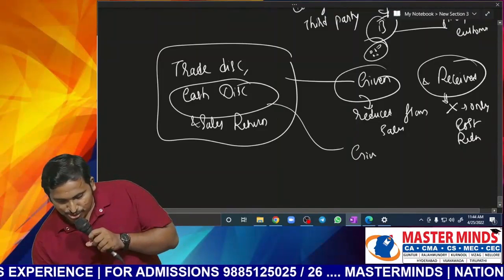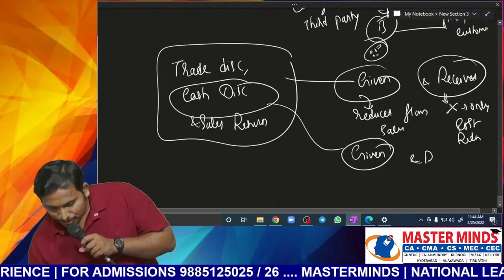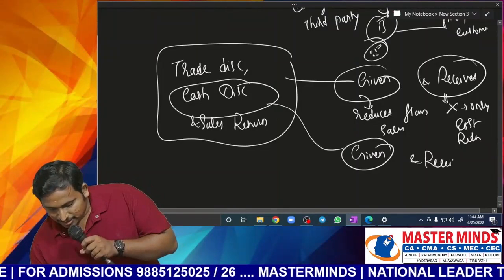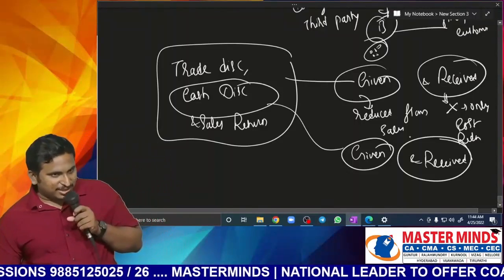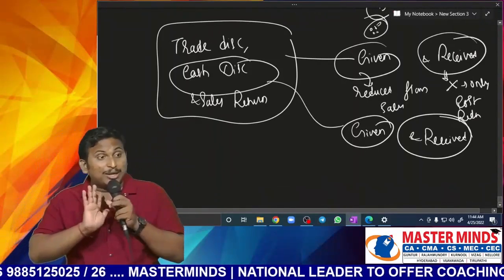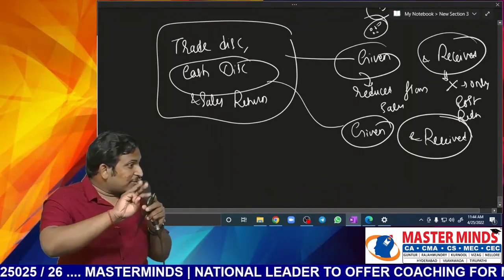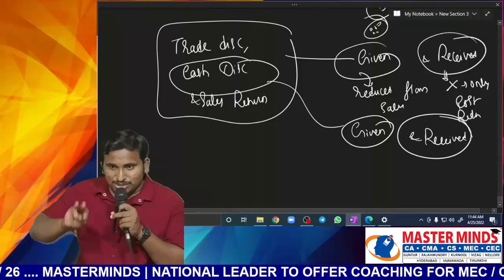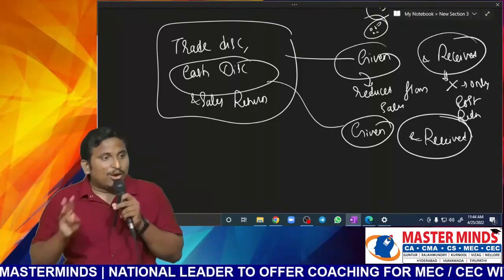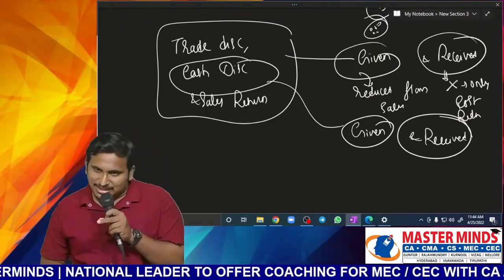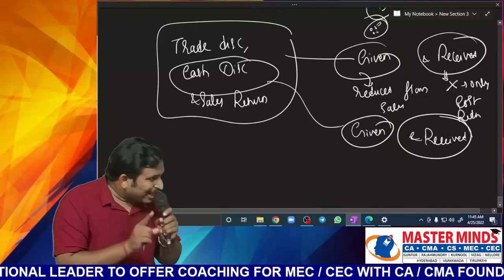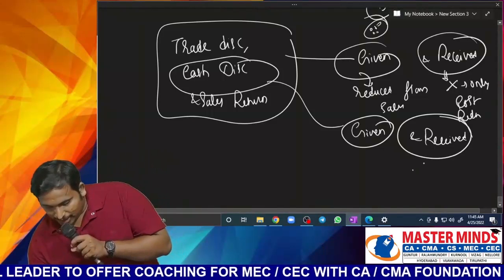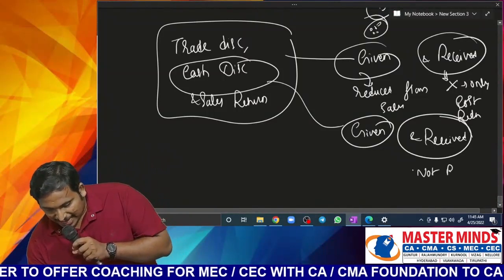Next, what about cash discount? Cash discount also may be given, cash discount also may be received. Can you tell me, is cash discount received a revenue? No. That's why I'm telling you only 3 types of revenues are covered: one from sale of goods, or from services, or from interest, royalty, dividend. I think it is none of these 3. It is an income only, but not a revenue as per AS-9.